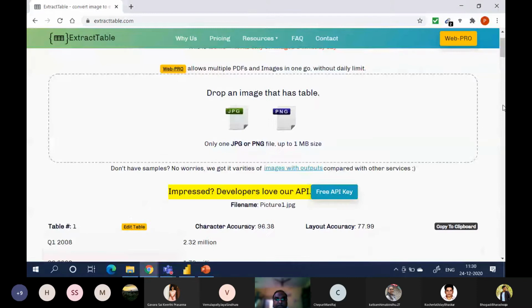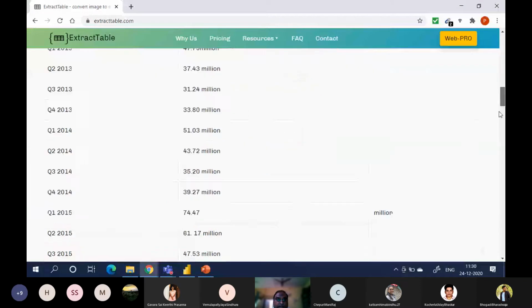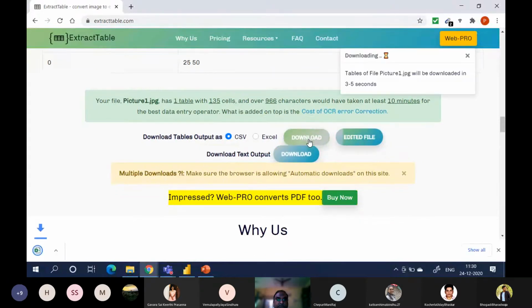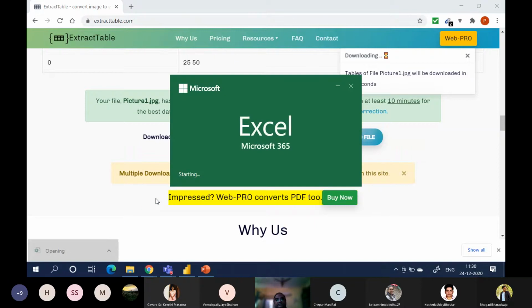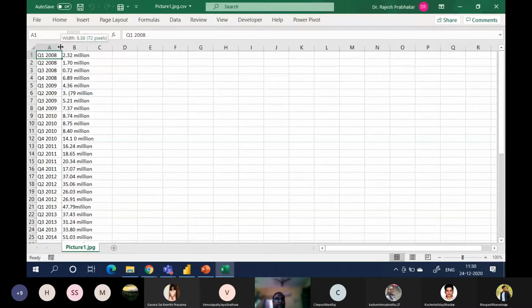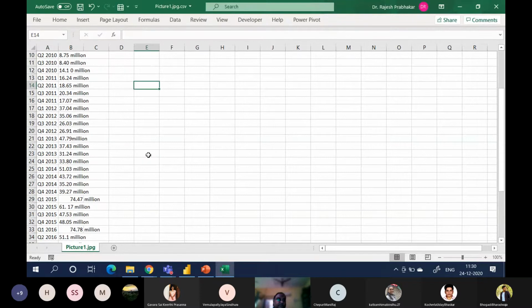Stop editing. Then what we can do is download the table output as CSV. Download. Shirvan.jpg.csv. So it read most of the data, right?